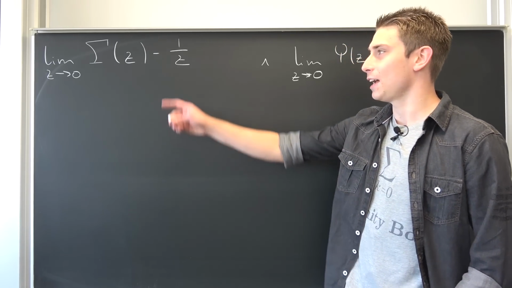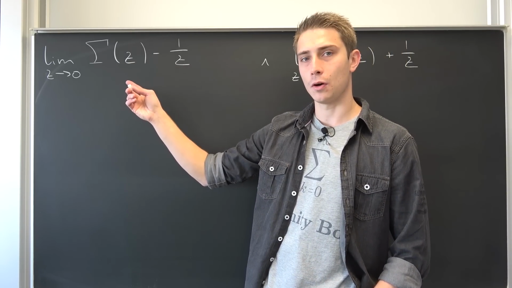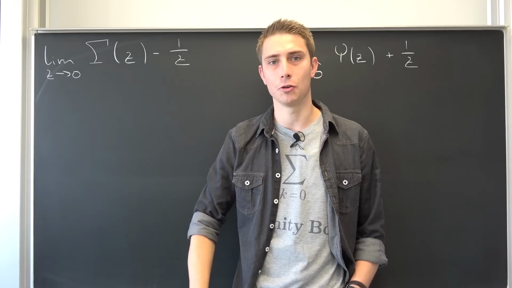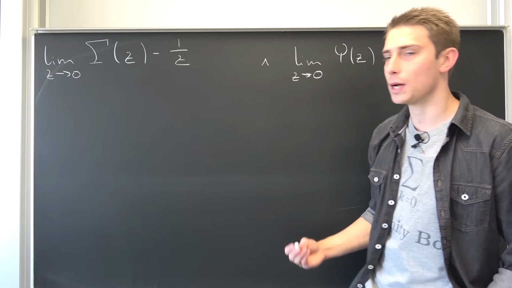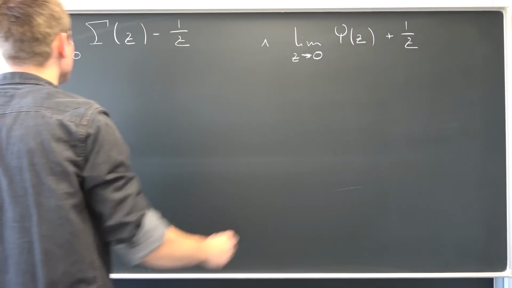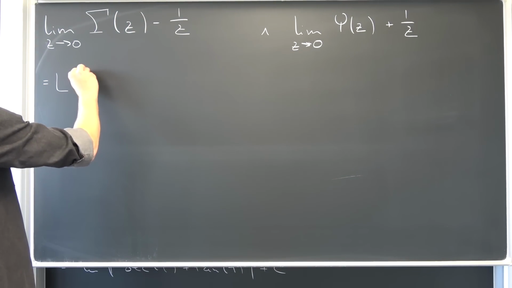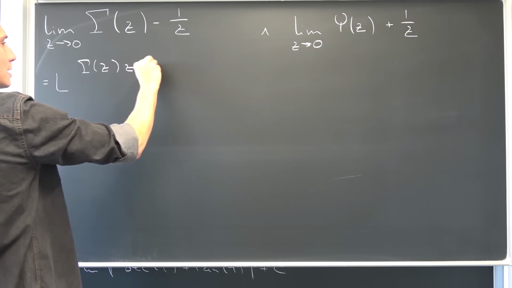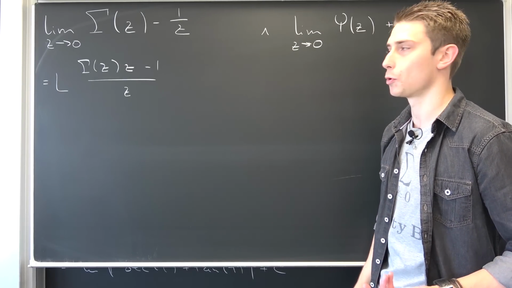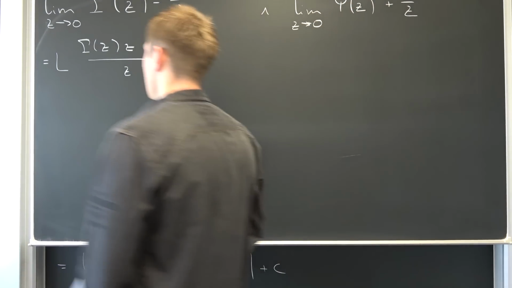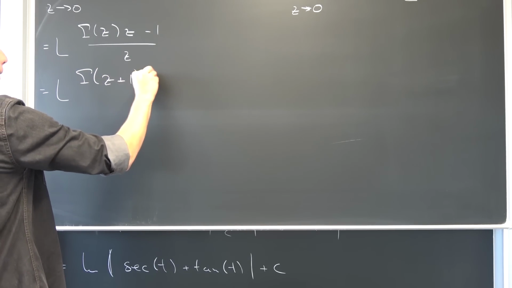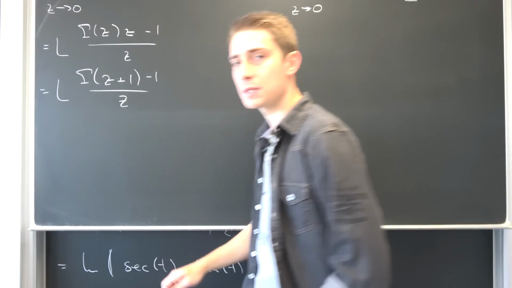No, it's not. At first, I would like to bring those two on the same denominator, simply because I would like to use L'Hopital. I don't like to use L'Hopital in the normal case, but it works out right here quite nicely, and we're going to give it a shot. So I'm going to denote this limit as capital L. This is the limit as z approaches 0 of gamma of z times z minus 1 over z. Now, gamma of z times z, by the recursive property, is nothing other than gamma of z plus 1. Meaning we can rewrite this as the limit as z approaches 0 of gamma of z plus 1 minus 1 over z. And now here comes L'Hopital in.